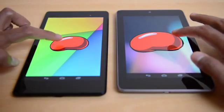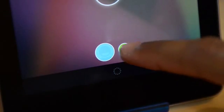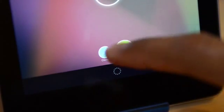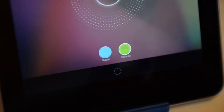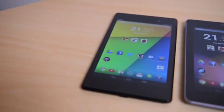Now both of these have the latest version of Android Jelly Bean 4.3, and it comes with all of the new features such as restricted profiles, daydream, expandable and actionable notifications, and that is the big advantage you have of going with a Nexus. You'll be getting the latest updates directly from Google, which is a big advantage for both